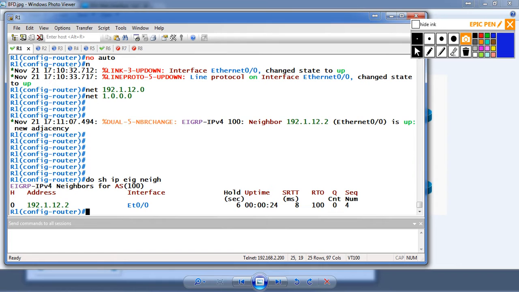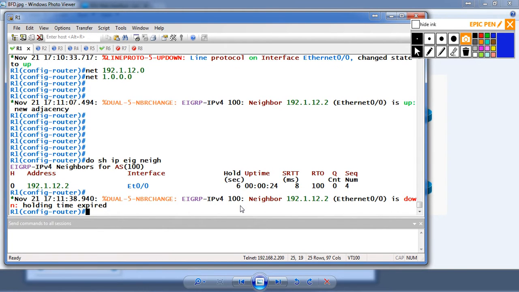And it takes about 15 seconds for it to go down because the hold down time by default is 15 seconds. So within 15 seconds, it'll detect the neighbor is down. So if I had an alternate path right now, I would have waited for 15 seconds before I would forward on the alternate path. So let's bring it back up, bring it back to normal,